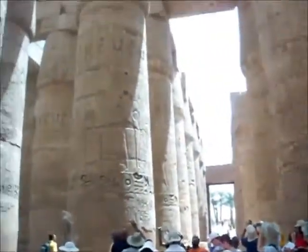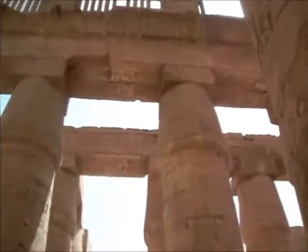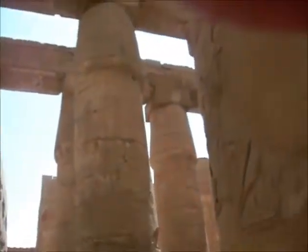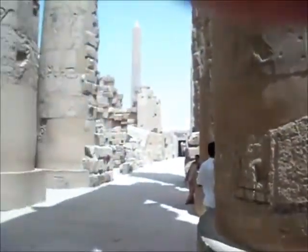And then his successor, his son, King Ramses II. And you can see cartouches of Ramses II everywhere. Wherever you go, you find very deeply sunken cartouches. And you can see also how deep the reliefs are. They built 100